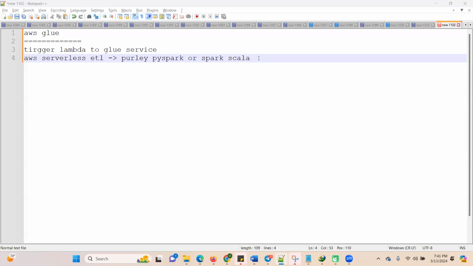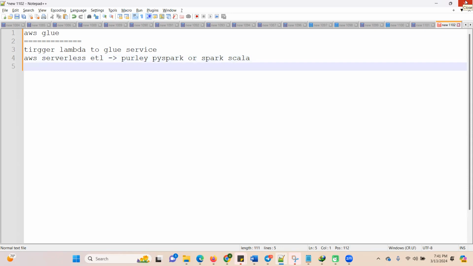There are different runtime environments in Lambda. But Glue is purely a PySpark or Spark Scala based serverless ETL service. And here we have different concepts in AWS Glue. So when we start in AWS Glue,